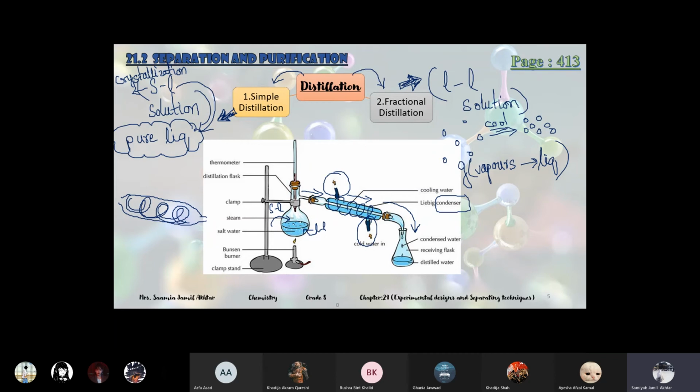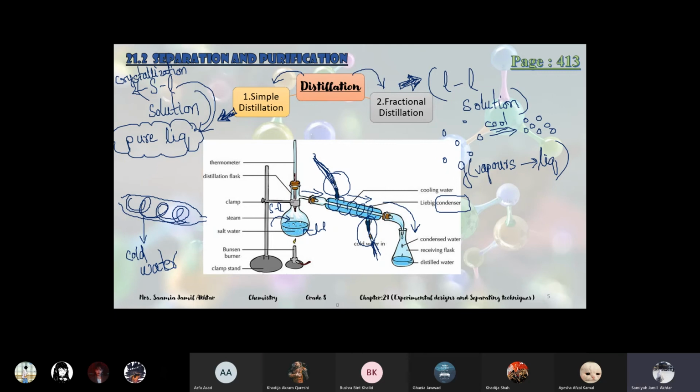These tubes are connected with the tap. Cold tap water comes here and keeps flowing in these spiral tubes. These tubes contain chilling water, which provides the cold environment to the gas particles, which they need.